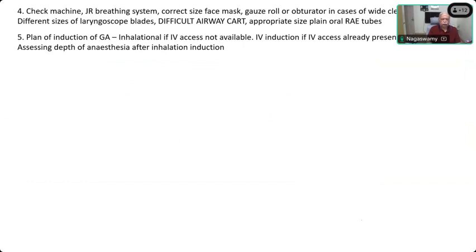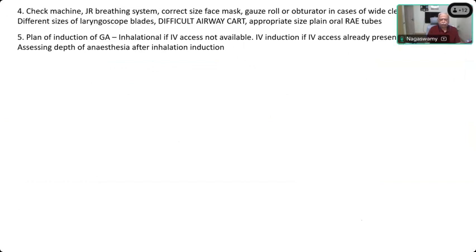That is the most important sign. So respiratory rate decreasing and depth increasing, abdominal muscles becoming concave or boat-like, and 3, the eyeball getting fixed in the central position. These 3 are considered the classical features of adequate depth of anesthesia,